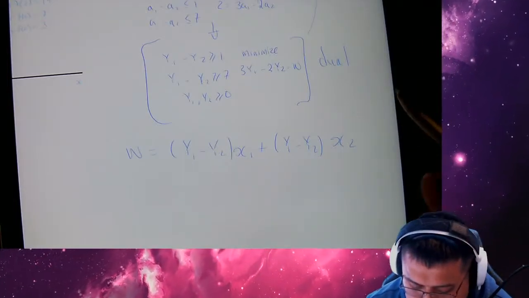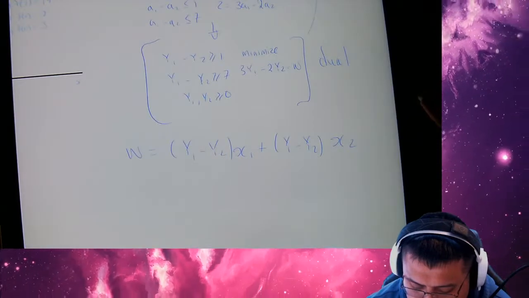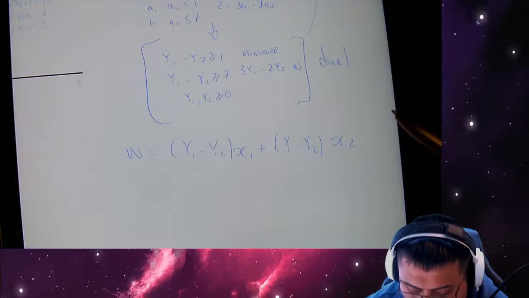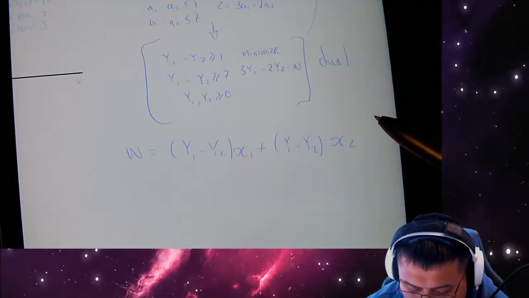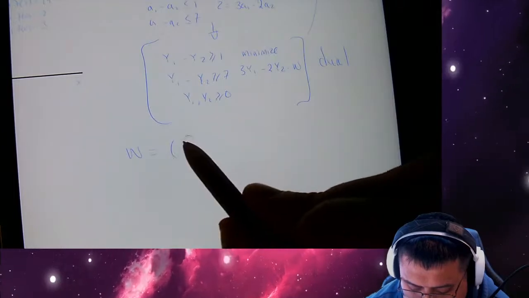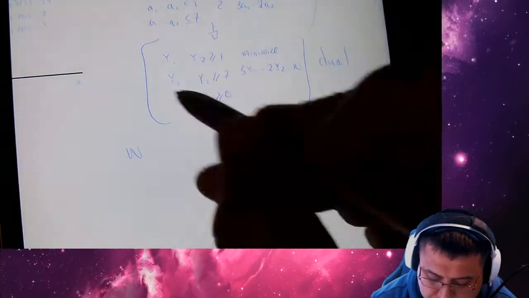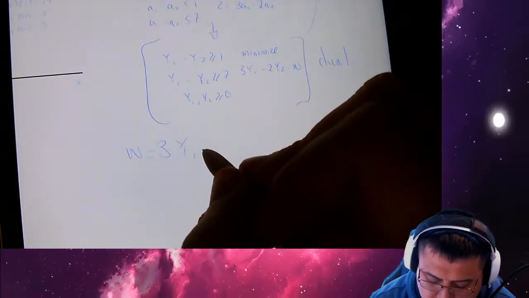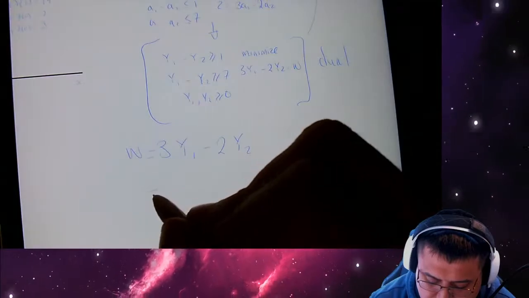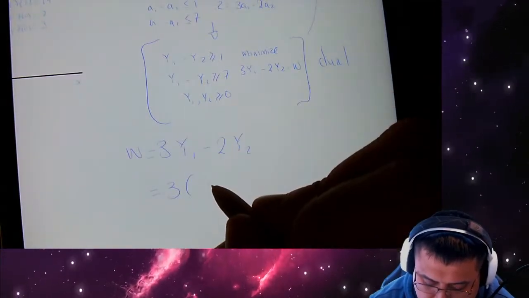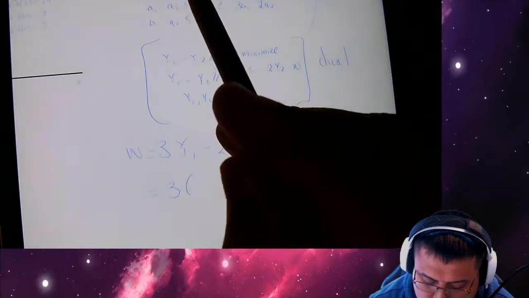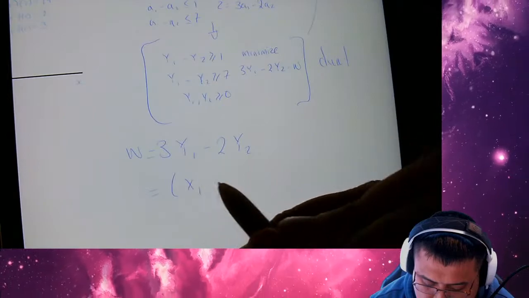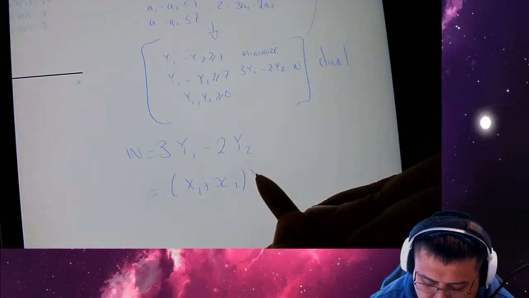Or we can reverse this. We can actually say W is equal to 3y1 minus 2y2, and then we can have it equal the number, so x1 plus x2 is y1